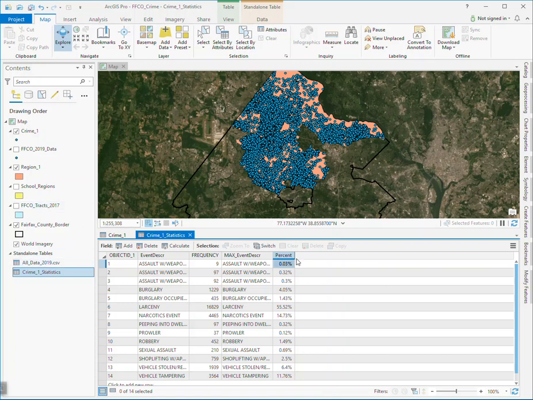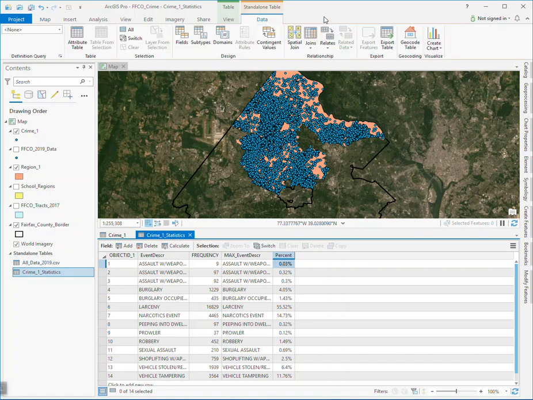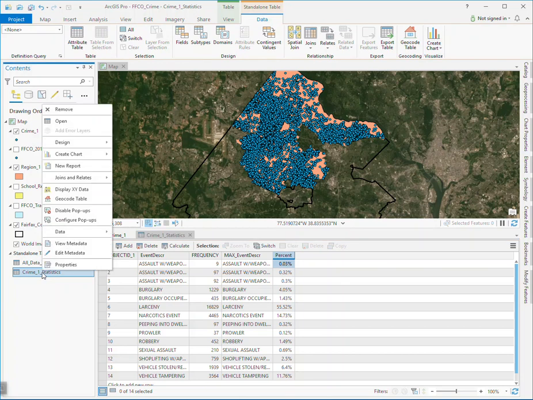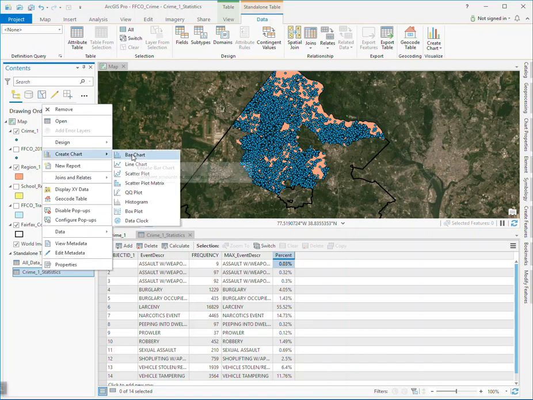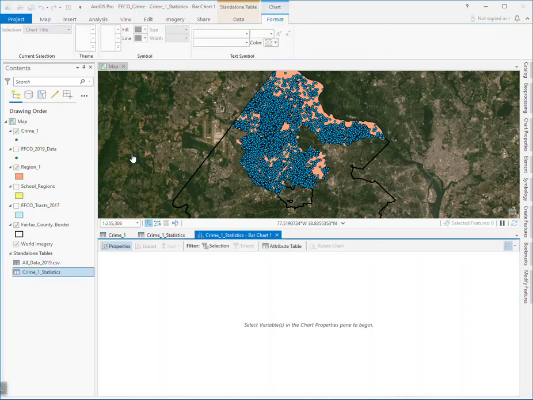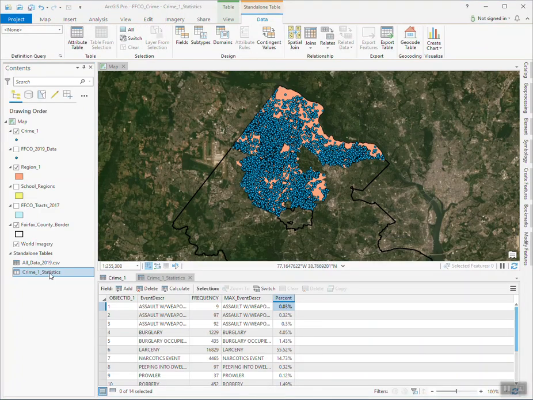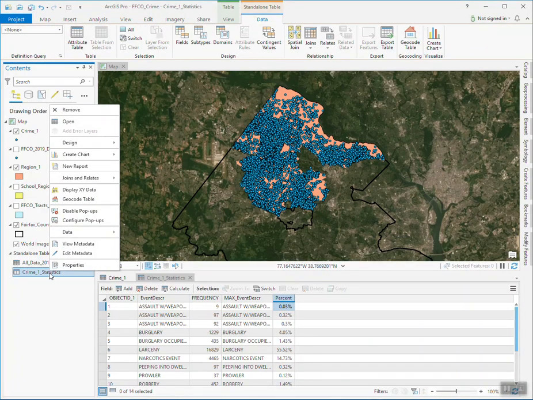So we can right click on this crime statistics table over here. There's two ways to do this. We could go up here and hit data and click over here and pull down create chart. But I think you guys will start to prefer to do this because you can just right click on this table, crime statistics, and then that's this chart right here. We're going to then choose create chart, and you get to that same list of graph choices. So we right click on crime statistics,